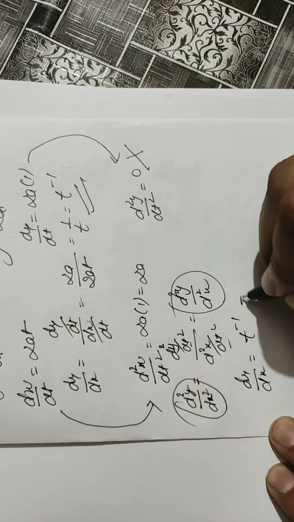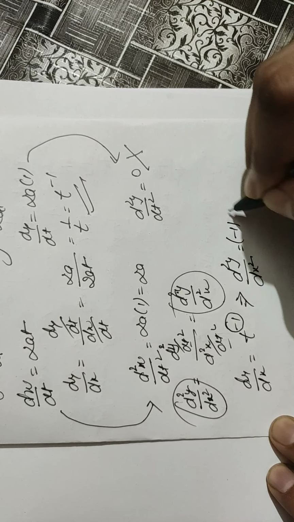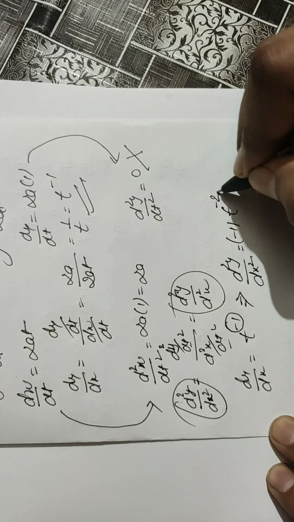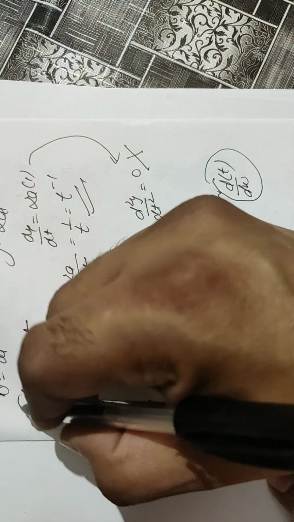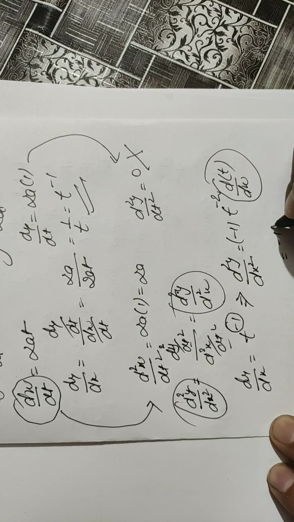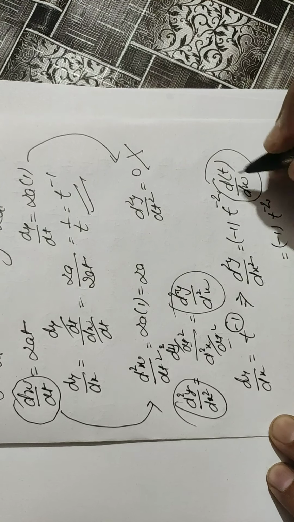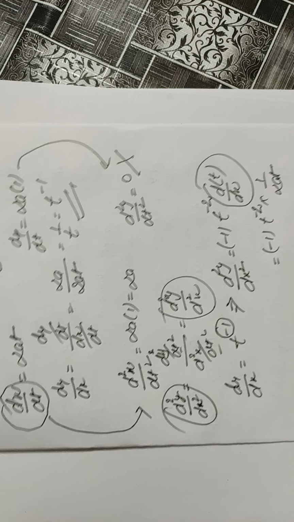If we see here, there is a power, so we have to apply the power rule. The power comes forward, and the power decreases by 1. Now we have to take the differentiation of the base with respect to x. If we see dt by dx, it is just the reciprocal of dx by dt. So we use here the value of dx by dt by reciprocal. This is the right way to find the second order differentiation in the case of parametric functions.